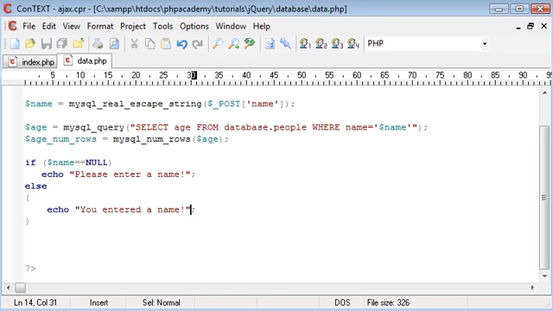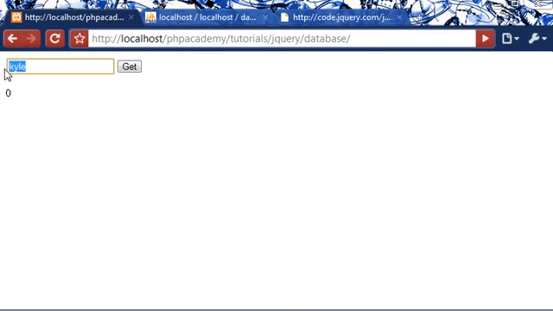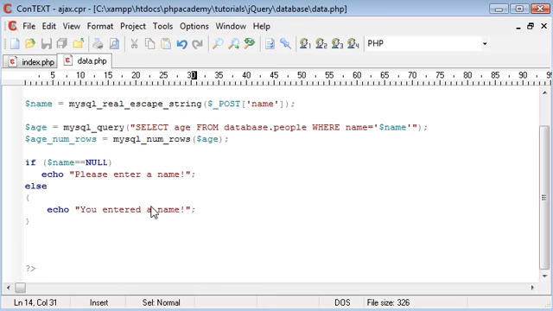What we're going to do now is come back into our page. I'm going to type in Alex, click get, and it says you entered a name. Then I'm going to type Kyle, click get, and it states you entered a name. If I don't enter a name, it says please enter a name. So we've got this check